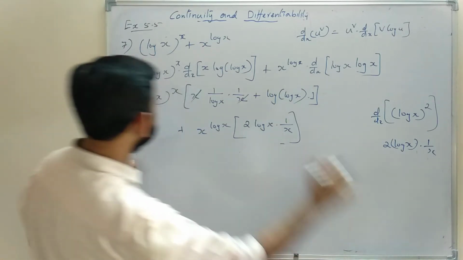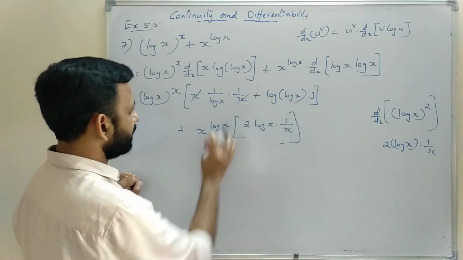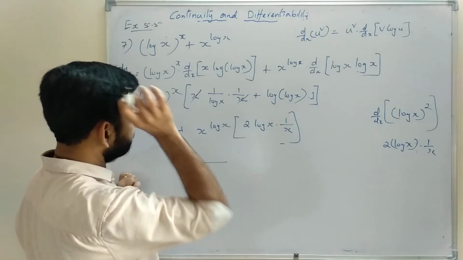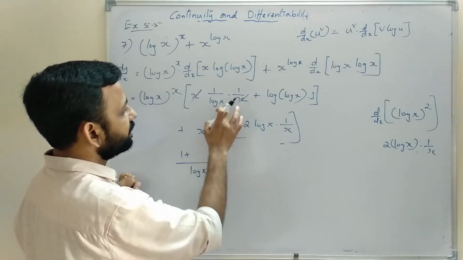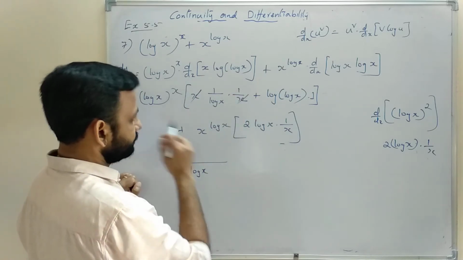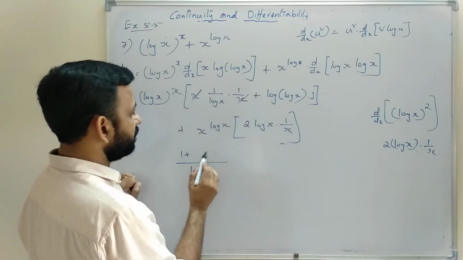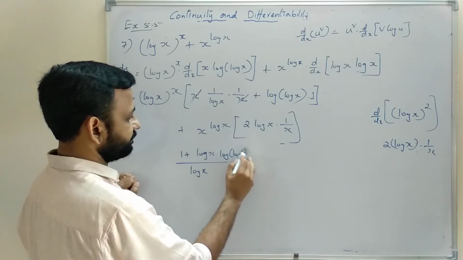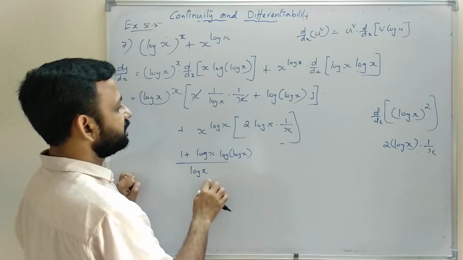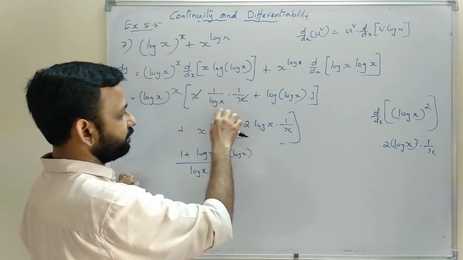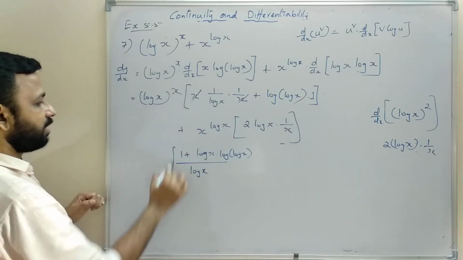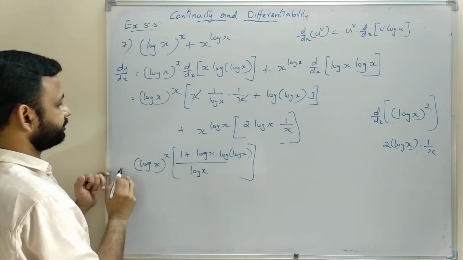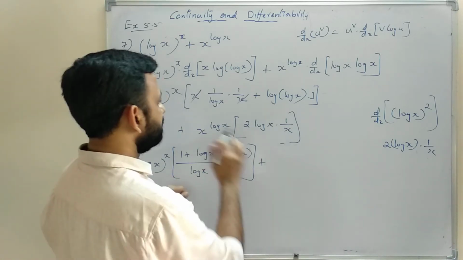So here we will take log x common in this expression, log x denominator, the numerator will be 1 plus log x into log x, here LCM log x, then 1 plus log x into log x, then outside the bracket this expression log x raised to the power x, then plus,